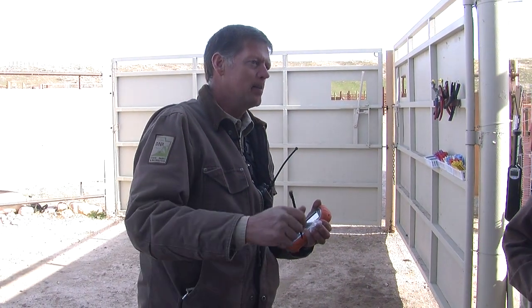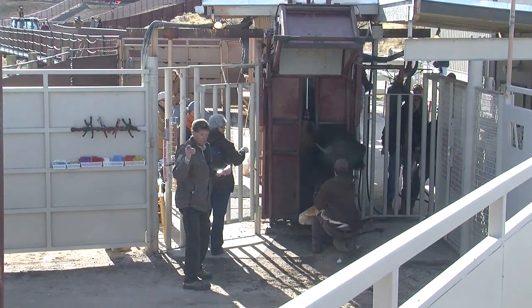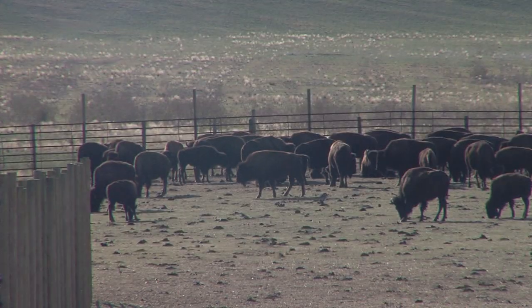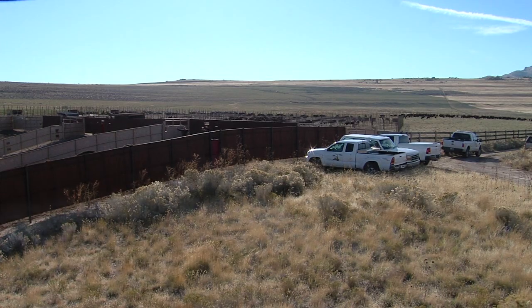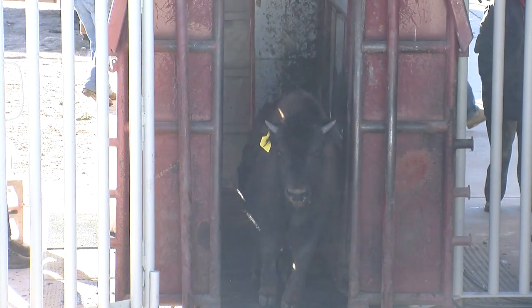industry. Let's sell her. The main purpose is to cull off the excess animals. 2-year-old bull. This herd's very productive and it produces a little over 200 calves a year. So that's what we end up selling every year, and that just keeps us in balance with the habitat. This year we've had a lot of grass. That late spring really helped us out, and the calves are coming in a lot heavier than they have in the past. Whereas usually we see them between 300 and 400 pounds, this year most of them have been